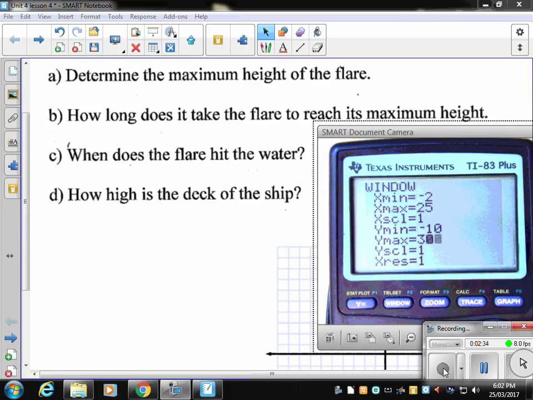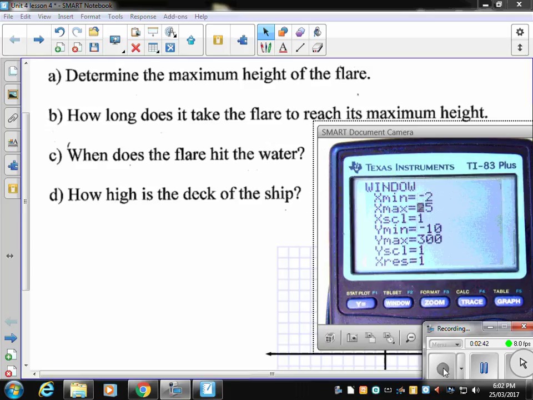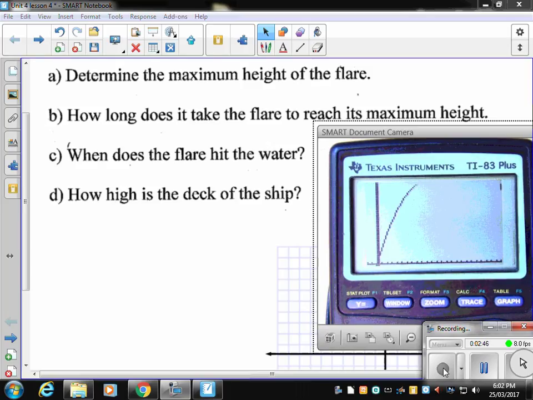I'm going to triple it, because I don't actually know what the vertex is. Well, that's certainly a better view. Let's keep going here. There. So I have a picture of my graph, and my questions that have been asked are, determine the maximum